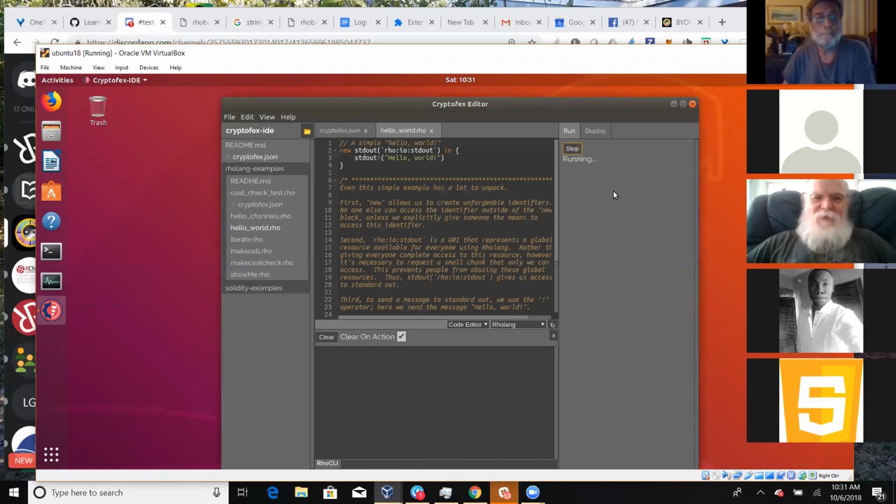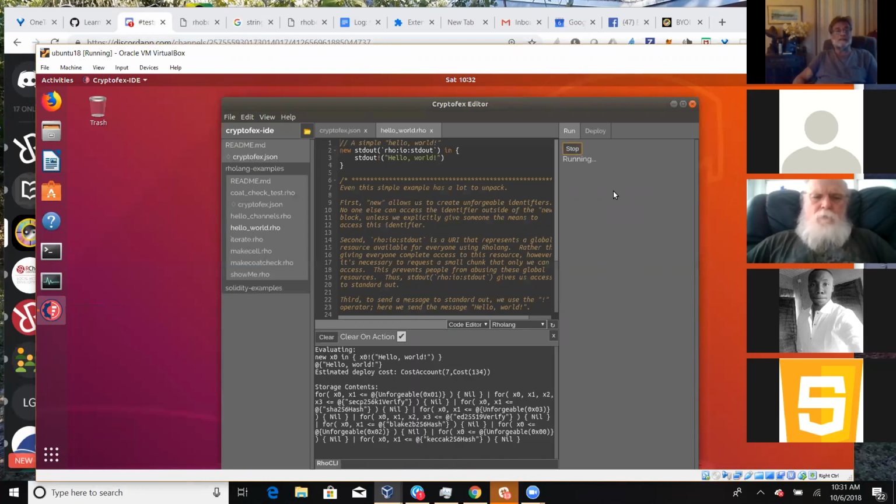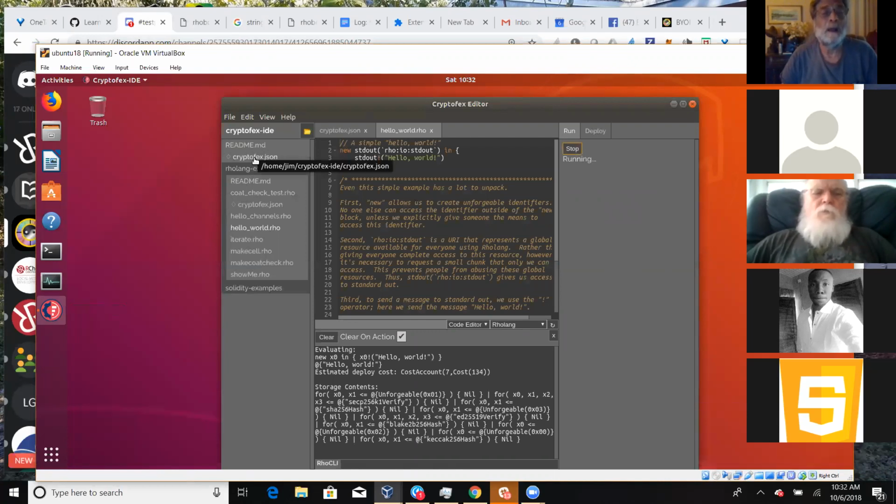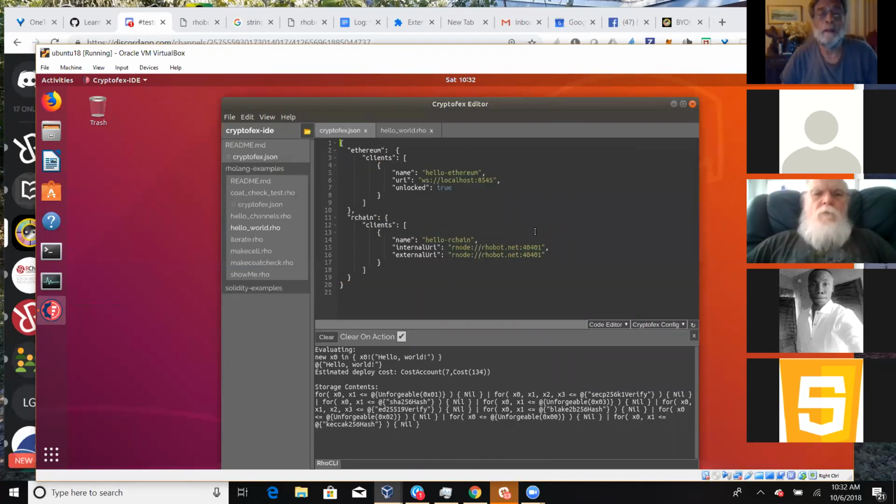So Jim, you were saying that inside of Docker or VirtualBox, it's running for you, okay? Right, it's VirtualBox. It's not Docker. Okay, right. So this was executed from robot.net 40401.